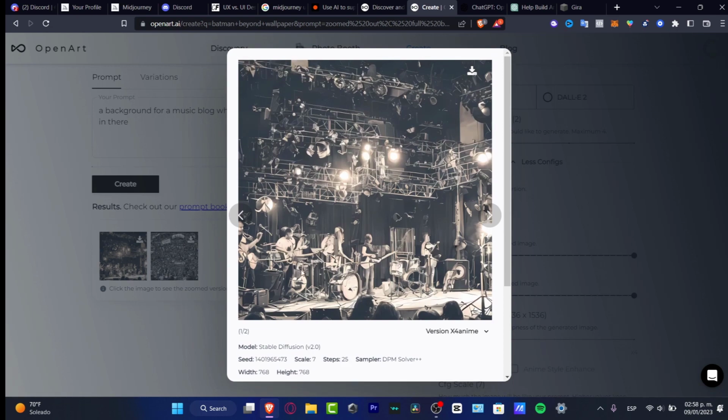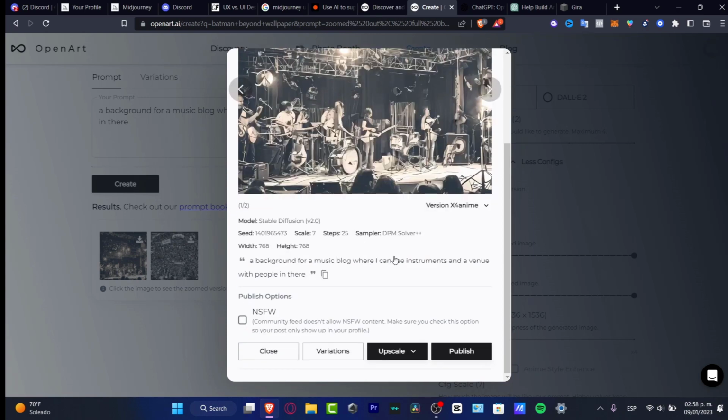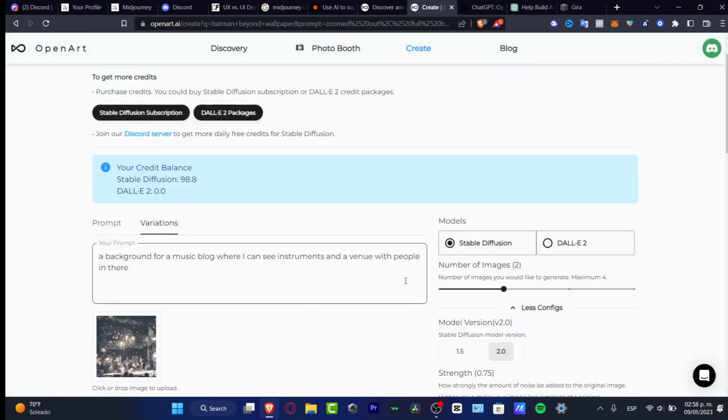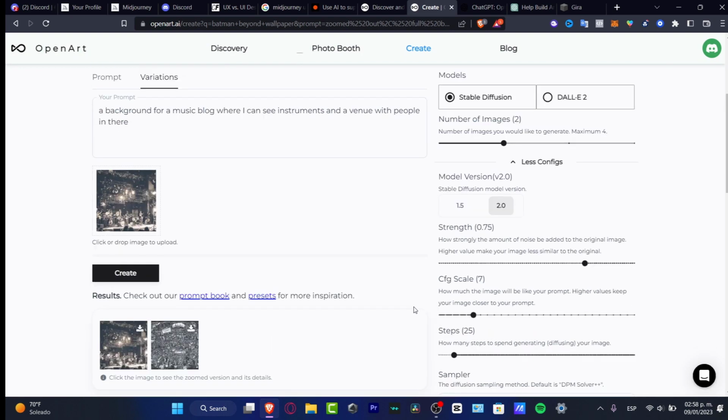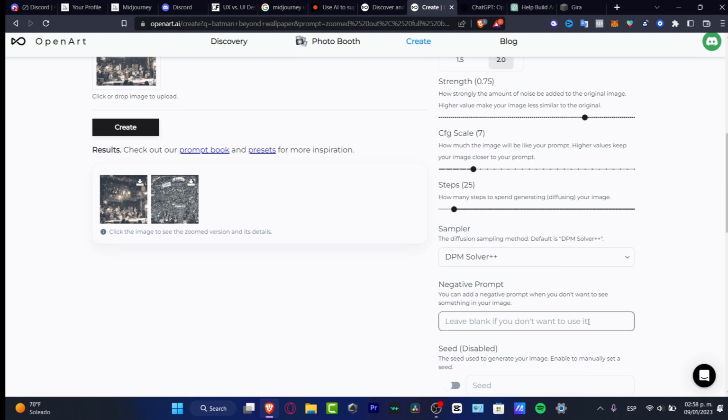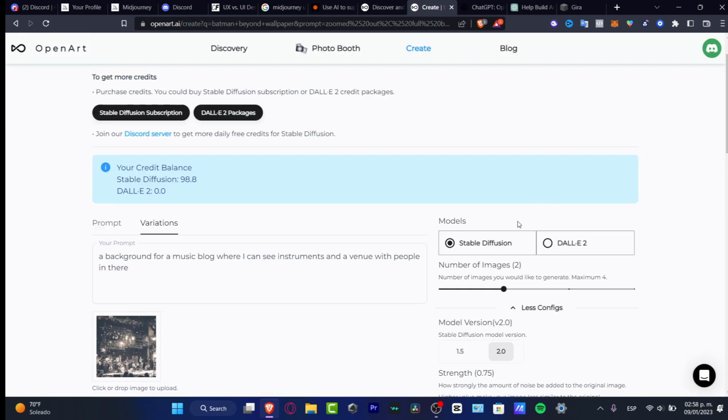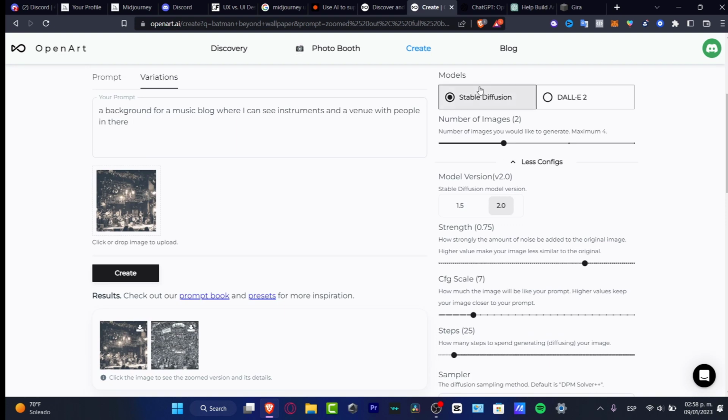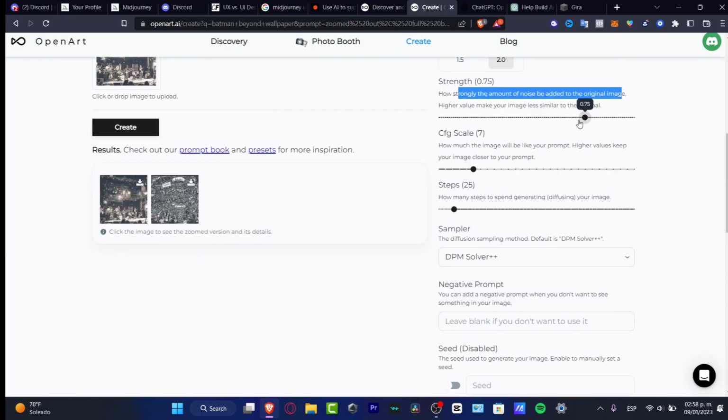So now with that being said, what I wanted to do is to choose variations if I wanted to see more images based on what the computer has already created. And here you can just change the different models. So for example, I can choose the model of stable diffusion, number of images, let's say I want to create 3 of them, model person, choose the number 2, how strongly the amount of noise be added to the original image, you want to leave it like this, how much the image will be like your prompt,